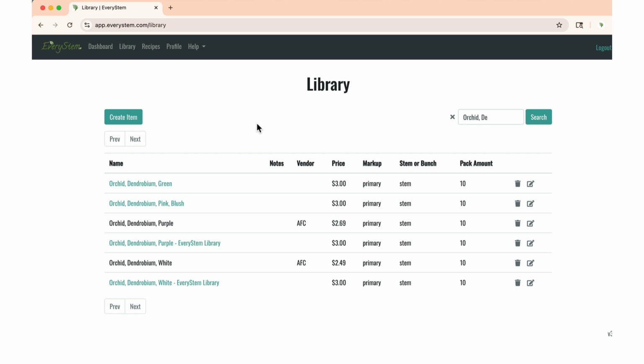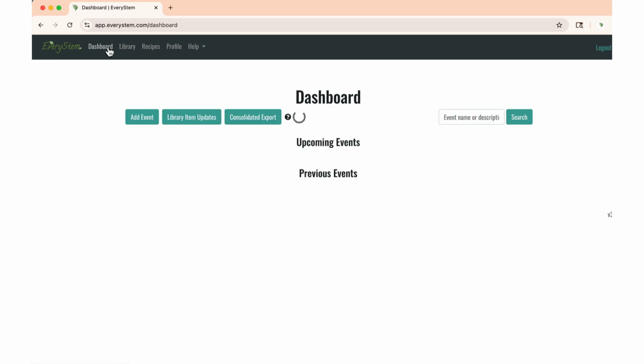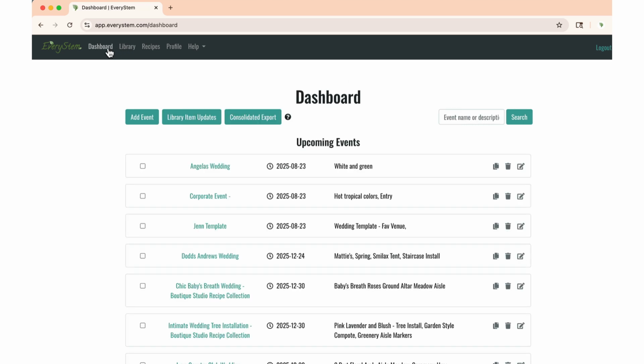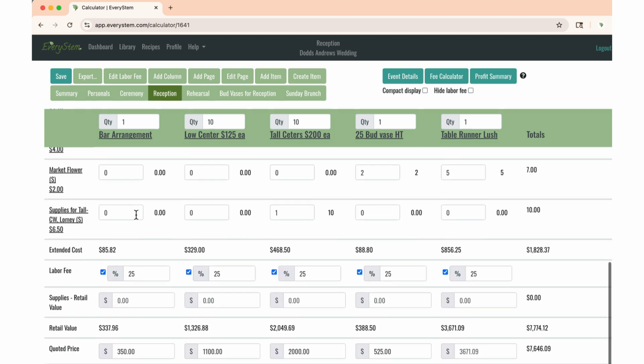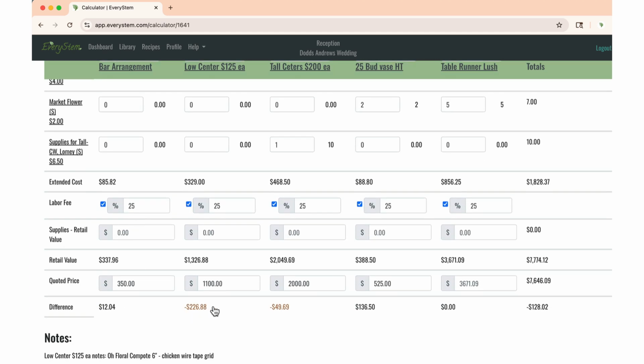Now, when we want to adjust this in an event or multiple events that we need to change this price in, we're going to use a feature called the Library Item Updates feature. You can click on the name of the events that you'd like to update, and then you'll click the Library Item Updates button. Now we'll be able to see when we look at the reception page of our event and we look at our orchid, the price has already been updated to $2.69. Now we can go ahead and adjust our recipes because some of the pricing may have changed